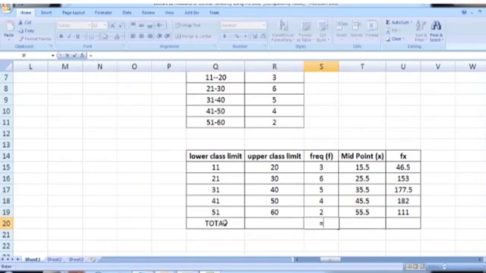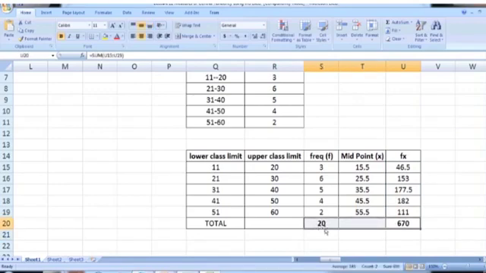Use the sum function: sum of frequencies S15 to S19, press enter. This is summation f. Here we use the same command: put an equal sign and type sum of U15 to U19. So we get summation fx.